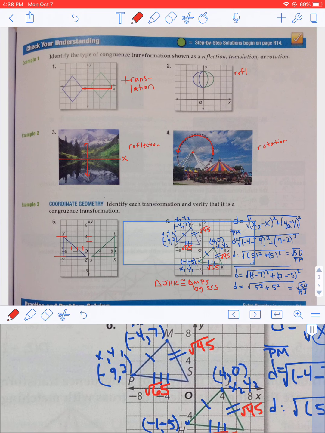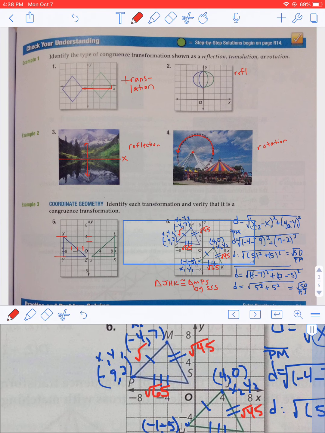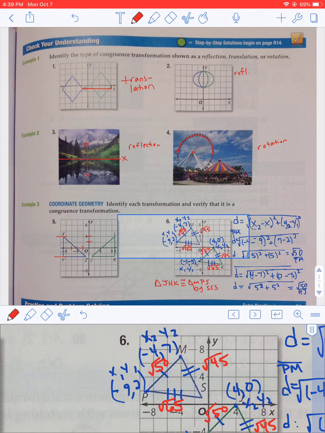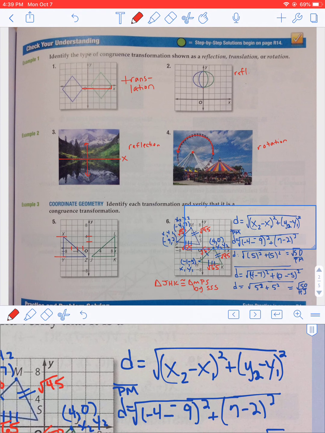So, and as I said, we didn't write it here, but this one was square root of 50, and this one was square root of 50. And so we've just proven that they have pairs of congruent sides, 3 pairs, in fact, okay? And so that's kind of how you do it. Like I said, your number 5, you're only going to have to do the distance formula once for each triangle, and you're going to confirm that these hypotenuses are congruent to each other by doing this distance formula right there,